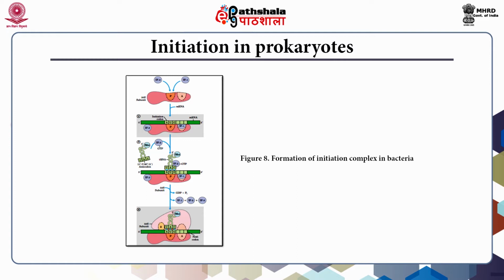The 30S ribosomal subunit is first bound by initiation factor 1 and 3. Following binding of the two initiation factors, the 30S ribosomal subunit undergoes a conformational change and then interacts with the messenger RNA molecule. The messenger RNA molecule starts scanning the ribosome until there is precise pairing between the